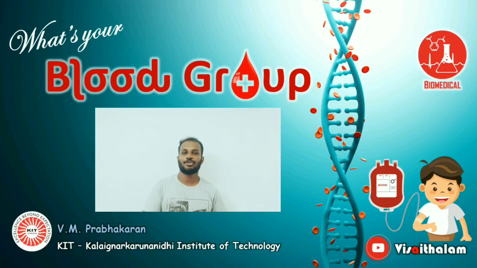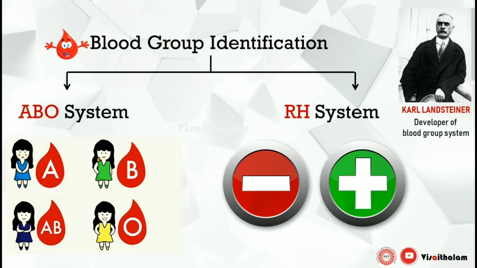It is important to know your blood type, whether you are a donor or a patient in need of blood product. Obviously, there is no substitute for blood and it cannot be manufactured. Every 2 seconds, someone is in need of blood. So, in this video, we are going to see how blood group identification is done, what processes are carried out in the laboratory for testing the blood, and finally, how a newborn child's blood group is defined.